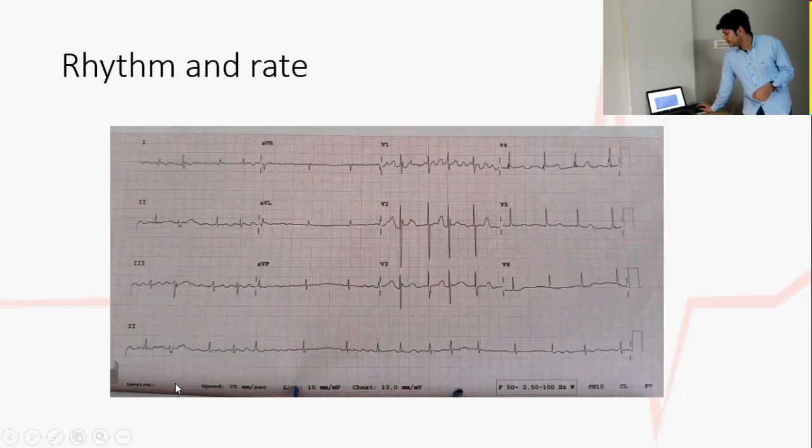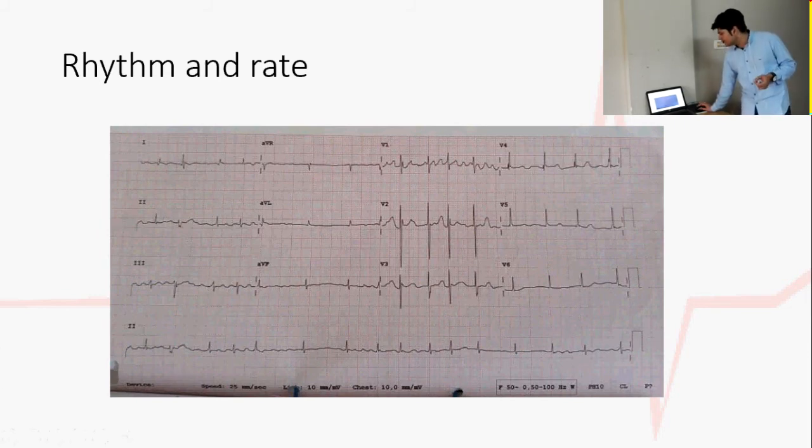Now let's go for the next ECG. Fine. So here the question is almost the same. First decide about the rhythm, then about the rate. Okay, we can see here the RR intervals are changing, so it's not constant, it's an irregular rhythm. So what you are going to do is calculate the number of R waves in a rhythm strip. Okay, so we start from here: 1, 2, 3, 4, 5, 6, 7, 8, 9, 10, 11, 12, 13, 14, 15 and 16. Okay, so 16 in 10 seconds. So in 60 seconds we are going to get 16 into 6, 96, that is less than 100.